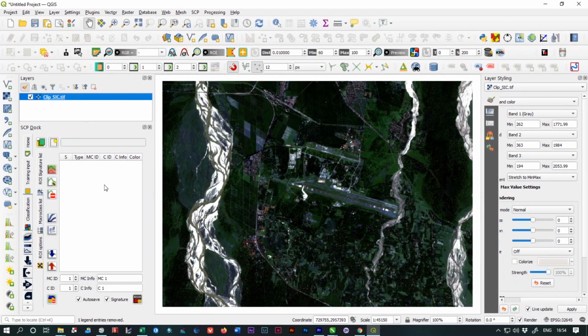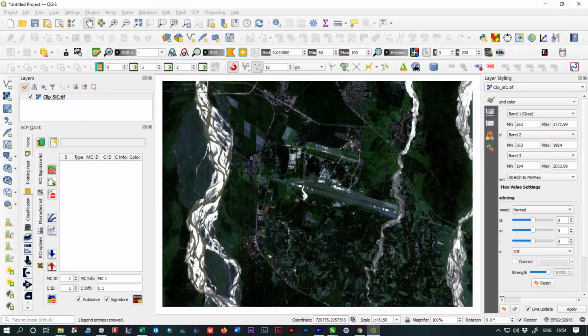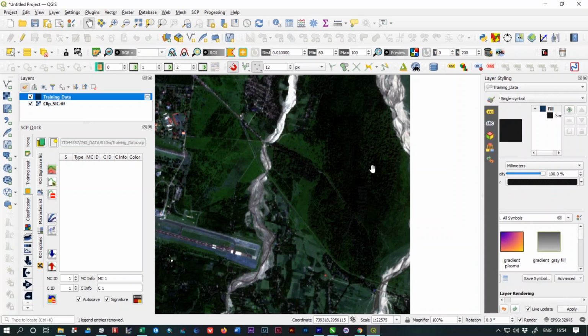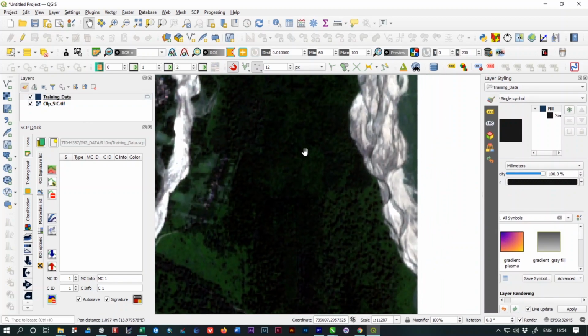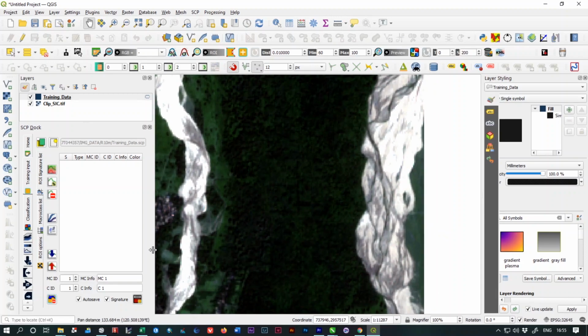You see, now we have to create a new training sample, training data. It will create a new file. Now we have to select our signature samples. As you can see, this is the dense forest area.